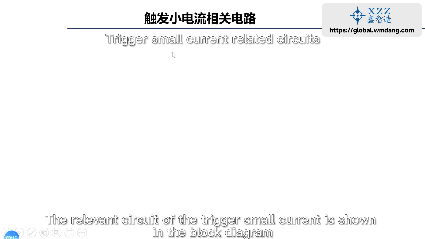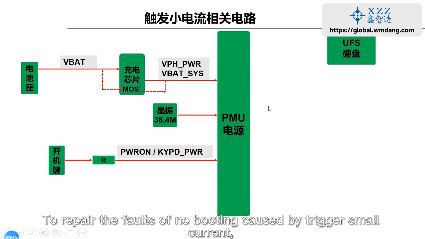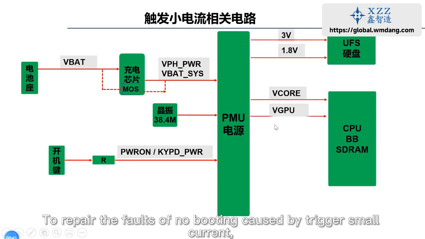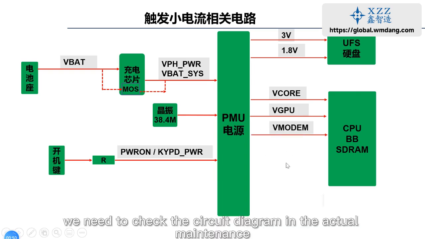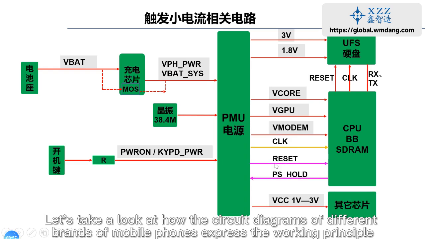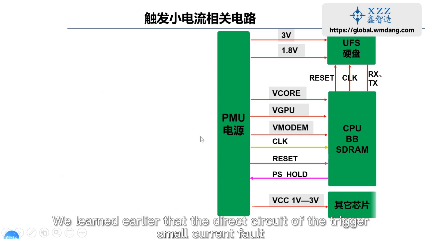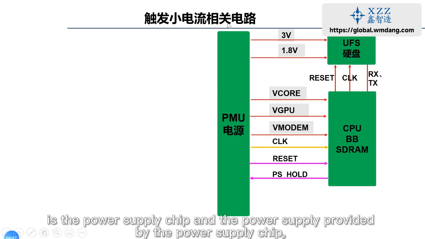The relevant circuit of trigger small current is shown in the block diagram. To repair the fault of no booting caused by trigger small current, we need to check the circuit diagram in the actual maintenance. Let's take a look at how the circuit diagrams of different brands of mobile phones express the working principle. We learned earlier that the direct circuit of the trigger small current fault is the power supply chip